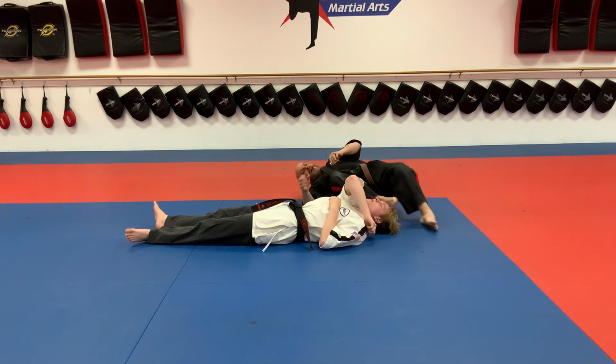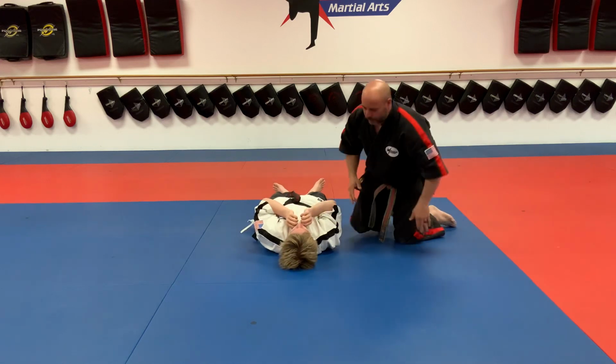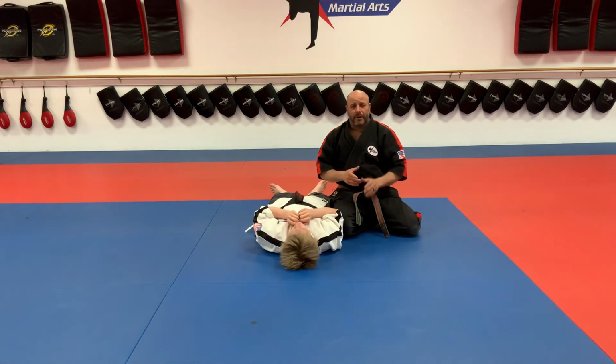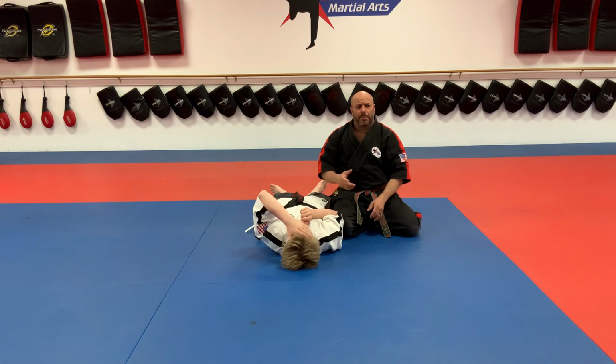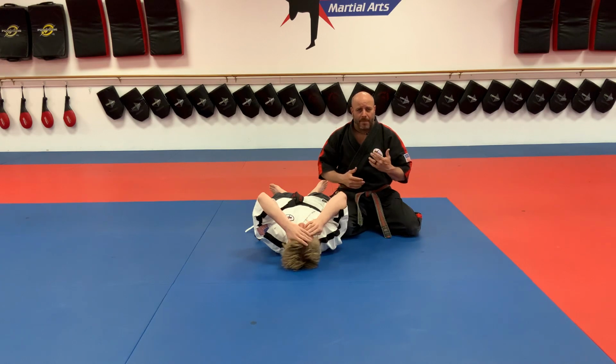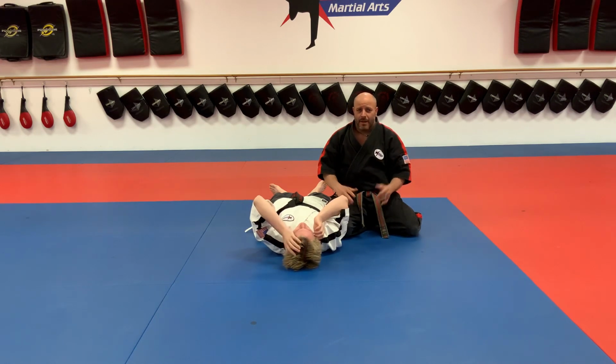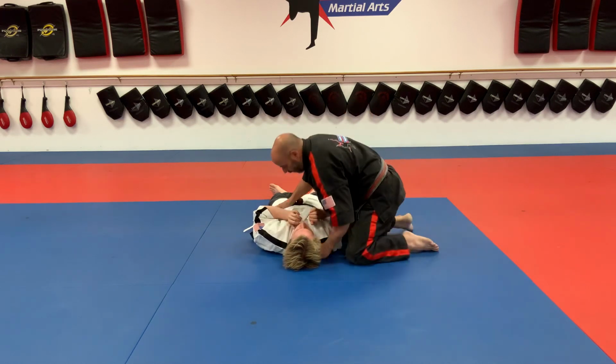Okay, let's watch from the side here. Just turn your head over there. This is for our lower belts, say white through blue. This is a very simple arm bar that we can get from here. I understand adult white belts, this might be a little bit challenging for you. But hey, we believe in you. So, from my side mount,